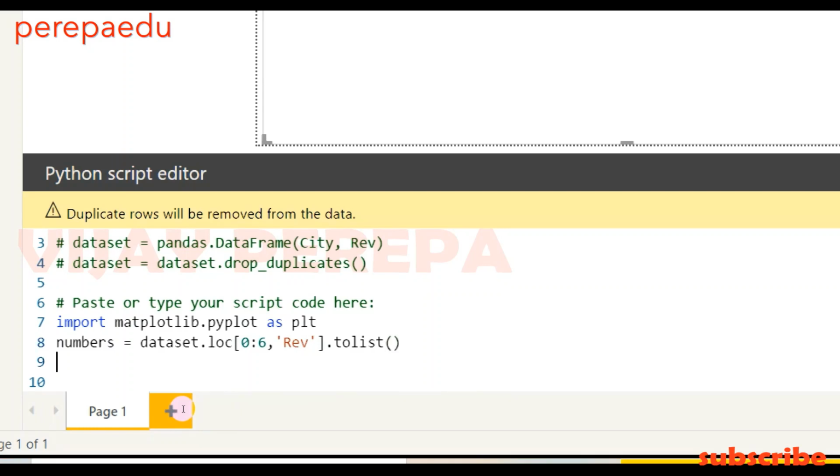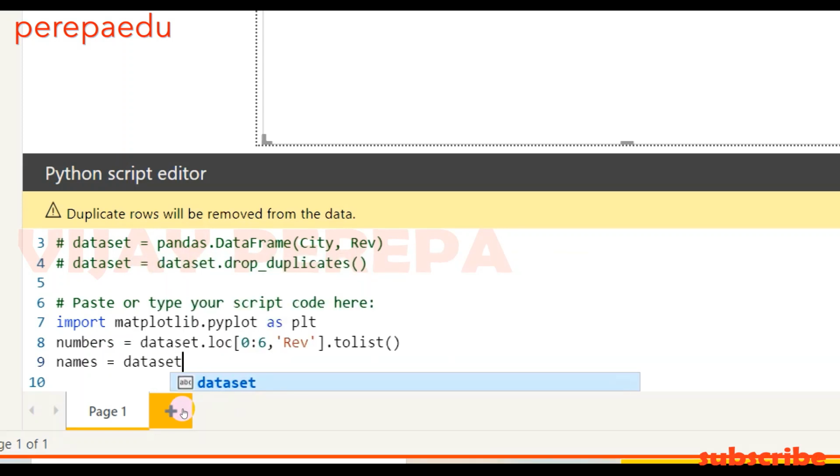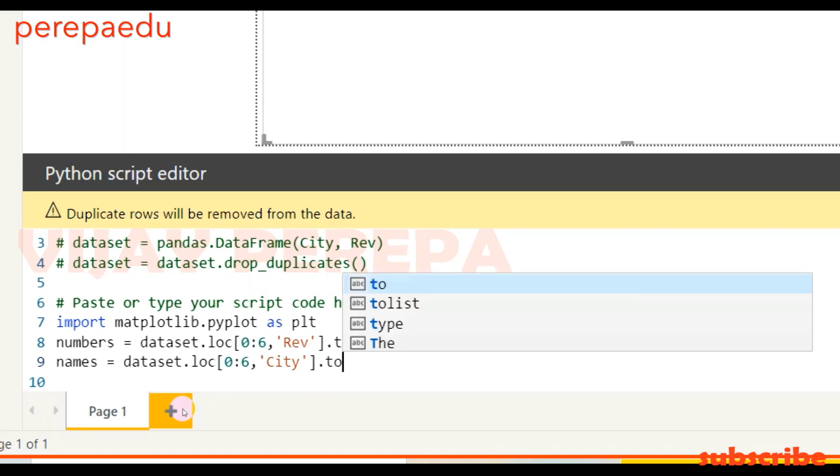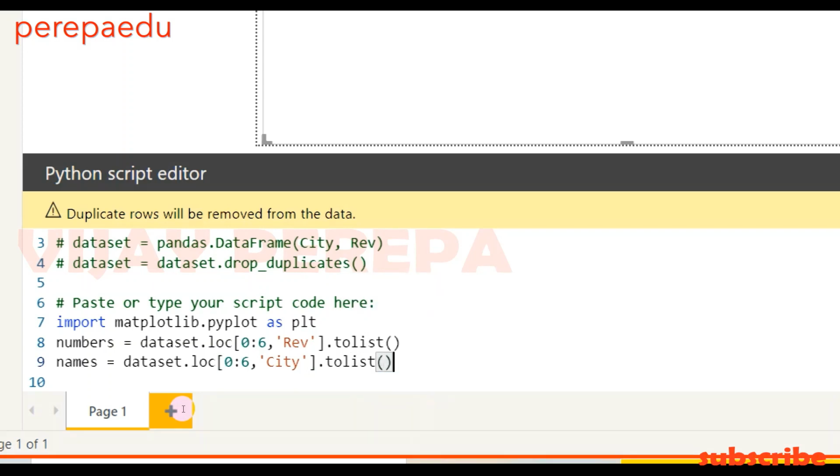In the same way, I need names equal to dataset.loc, again these 6 records, and city is the column name. I can use both types of quotes. I'm just using single quote city to list.